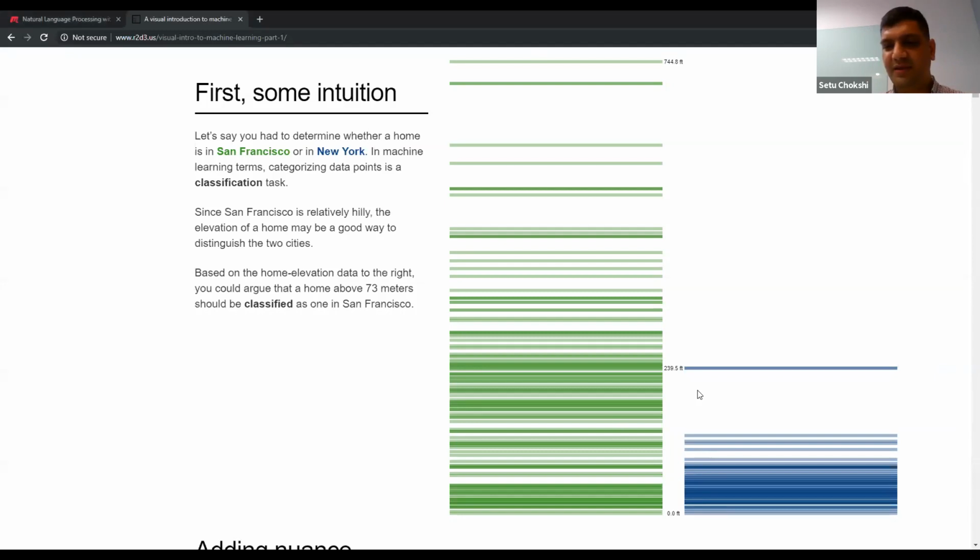One thought is 250 using elevation, 120, 240. Anything above 239.5 is San Francisco. Yep. So that's a quick idea that anything above this value, because nothing ever exists in New York, most likely it's going to be in San Francisco. That you can be 100% sure.